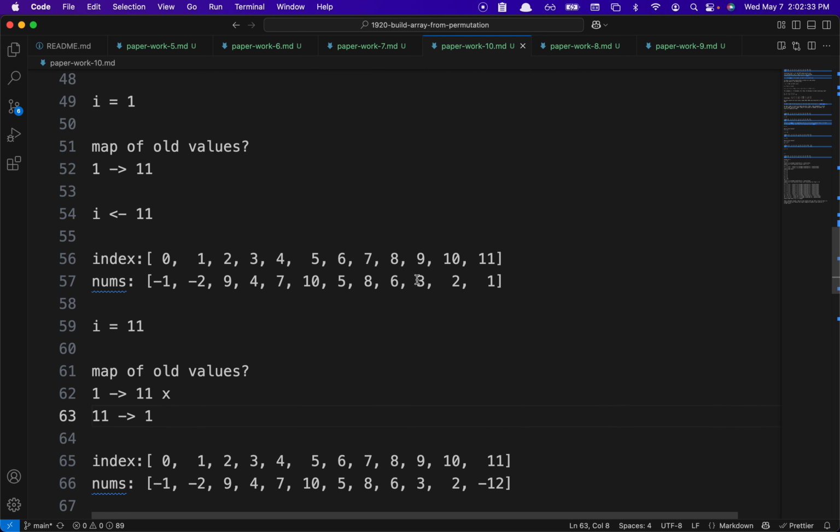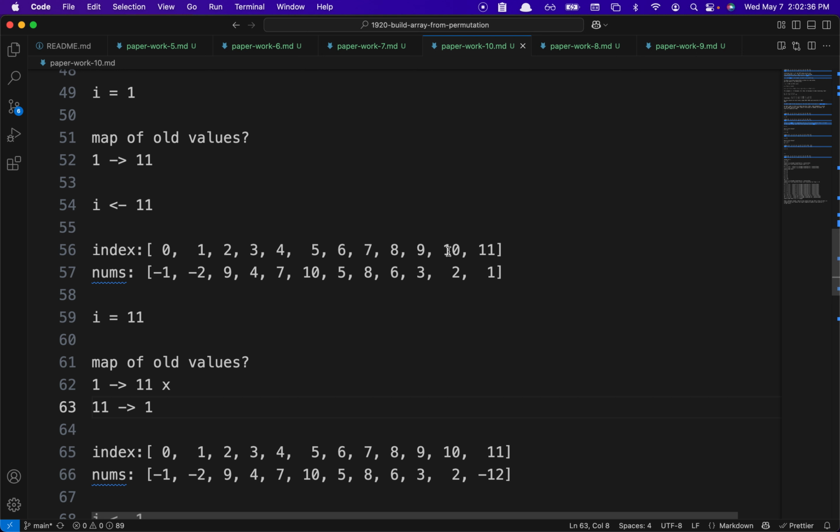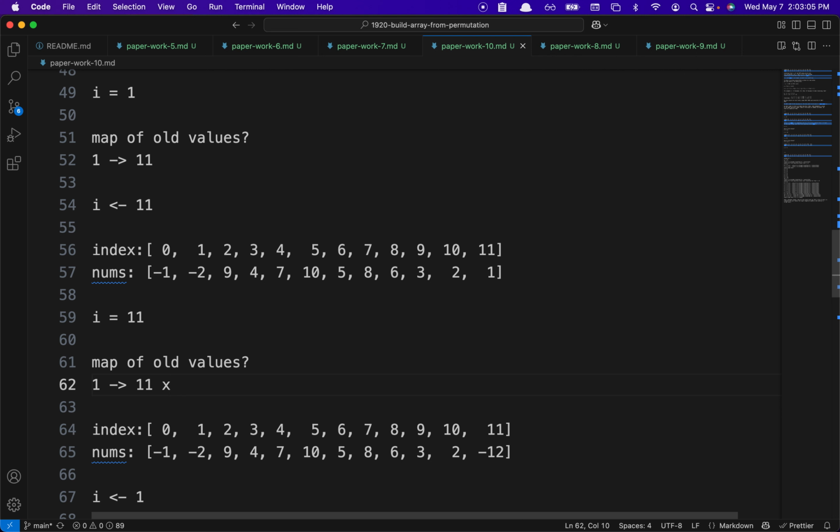For example, we were traveling from 1 to this. We kept the value of 1, right? Because we thought we'll need it later. Okay, so if you remove it from the old value, maybe you don't need it. Basically, you're getting the old value. If you get an old value, it means that you don't need to keep